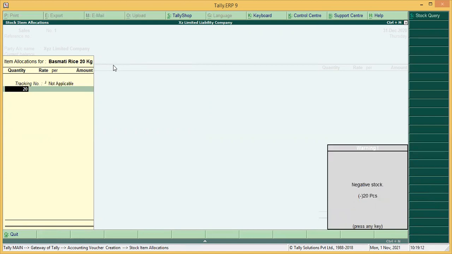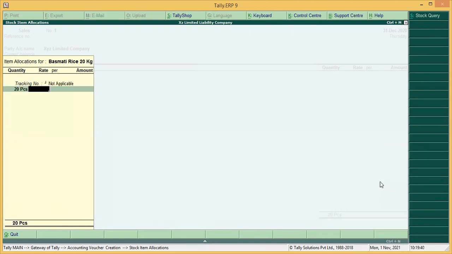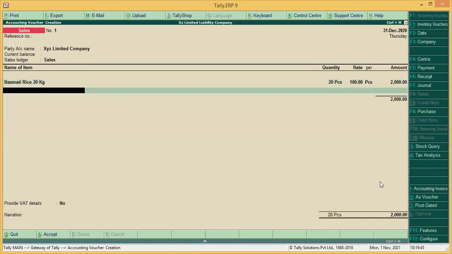One important thing I want to show you here. We did it intentionally for your understanding. When we are making the entry, you can see it's showing negative stock. Sometimes physically you will have the stock, but the system is not reconciled. So the system will notify you that you don't have the stock for this particular product. It means you need to balance the stock. Later when we record the purchase, it will automatically balance. Say you are charging 100 per bag, so the amount came to 2000.